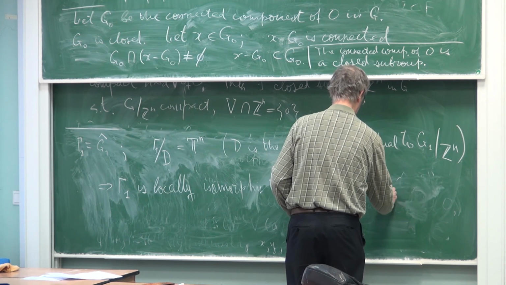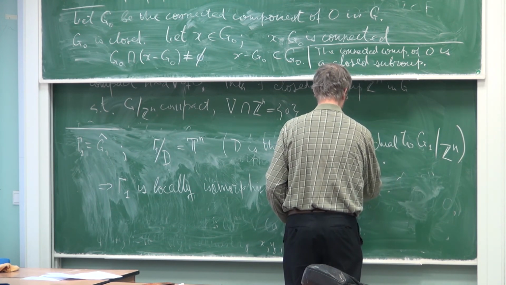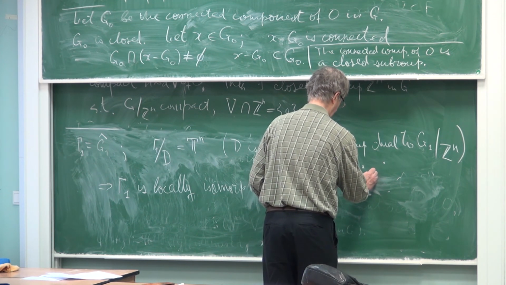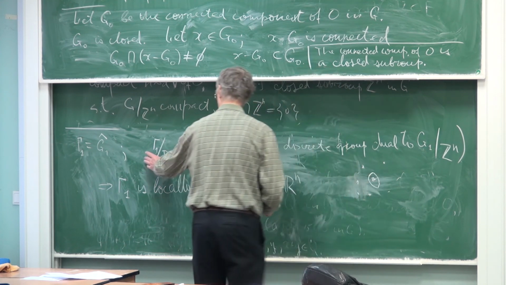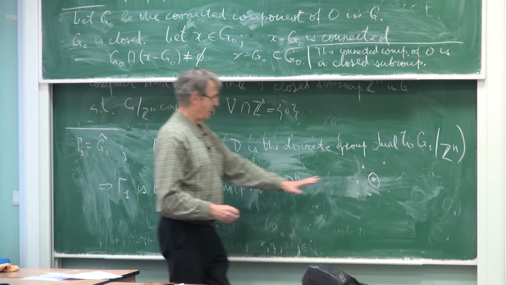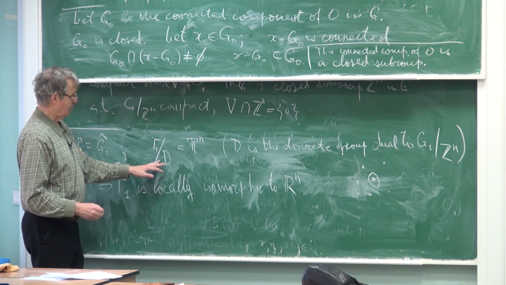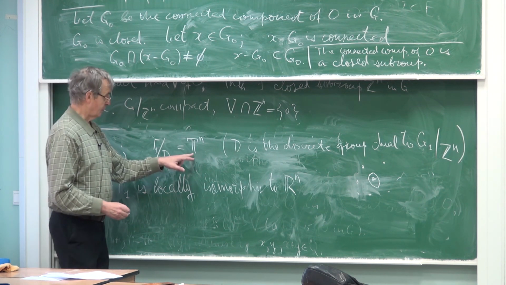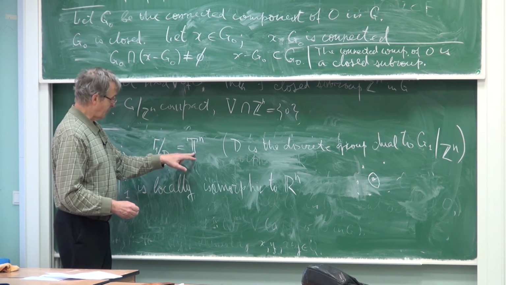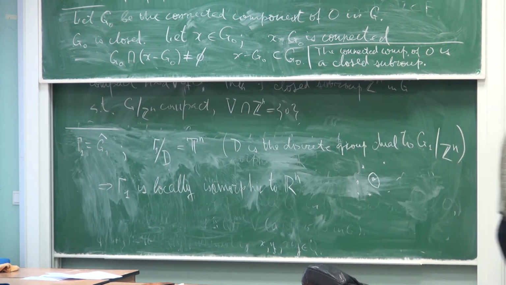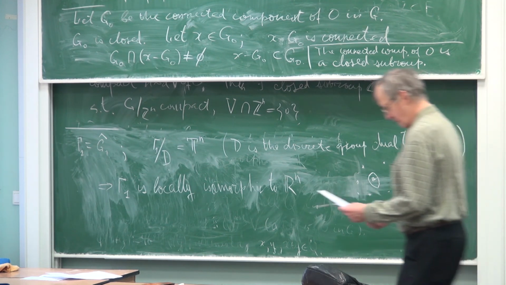So let me draw some picture. The points of our discrete group are all separated away from 0 because it's discrete. And so if we take a very small neighborhood of 0 in this gamma 1, then this quotient map will be a homeomorphism on this small neighborhood of 0, and it maps this small neighborhood onto some neighborhood of 0 in the torus. And in the torus, this neighborhood of 0 is isomorphic to some neighborhood of 0 in Rn. So this is really a local homeomorphism of our group gamma 1 to Rn.